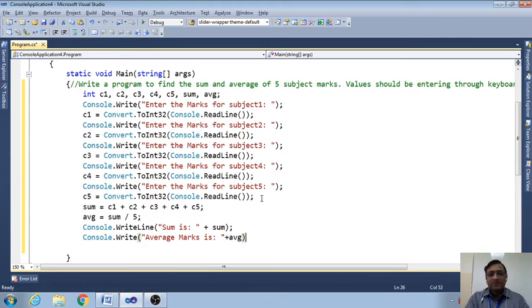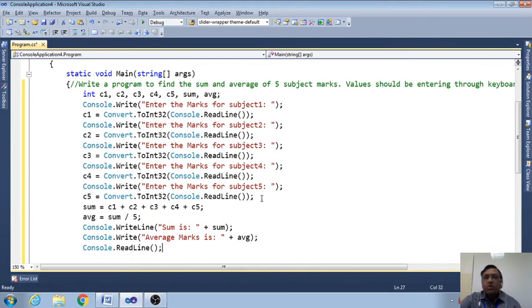Close it. And the last line we write for all console programs is Console.ReadLine. It is compulsory. If you do not write it, your screen will not stop and you will not be able to see your result. Program completed. After completing, what will we do? We will check whether our result is correct or not. For this, we need to run our program.